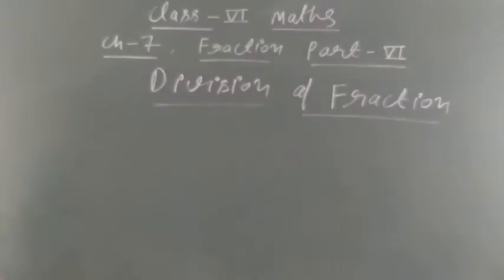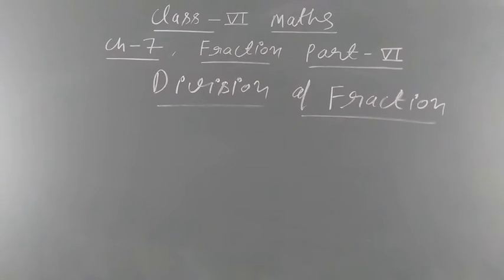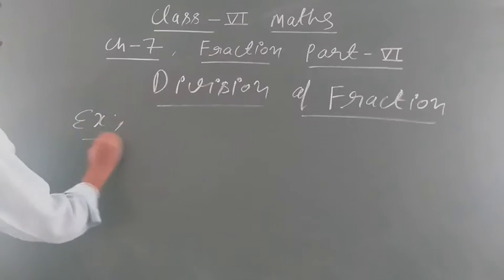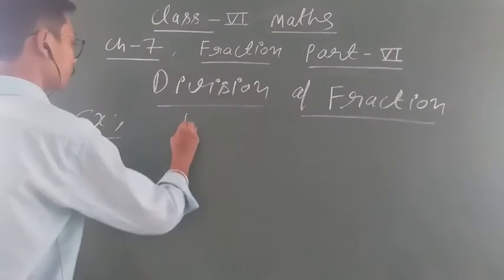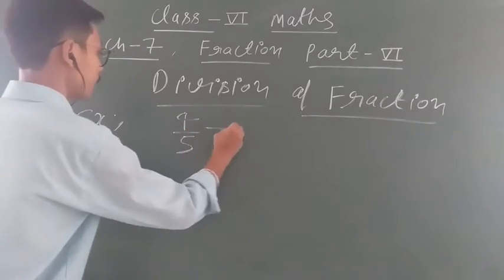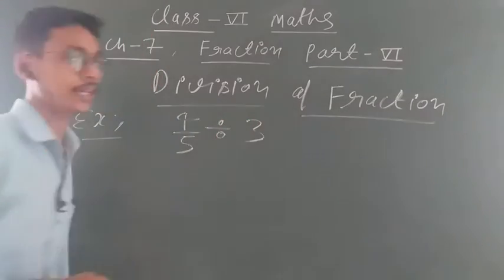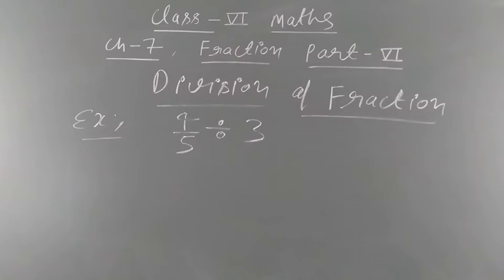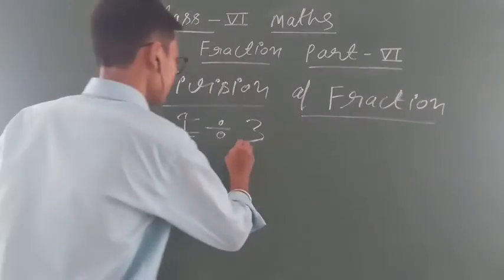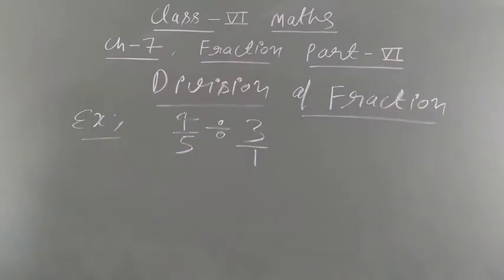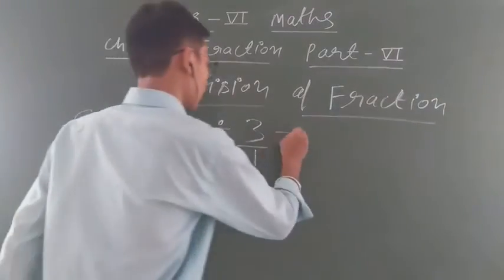So it will work here. Now students, I will take some examples, like this given example. It is given 4 upon 5 divided by 3. Okay students, you have to solve this one. 4 upon 5 divided by 3. So what will you do, students? Simply, you know that this is 3 upon 1, everyone knows. So what can you write down?